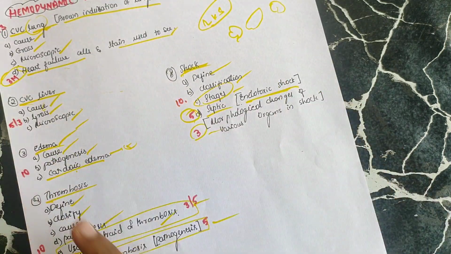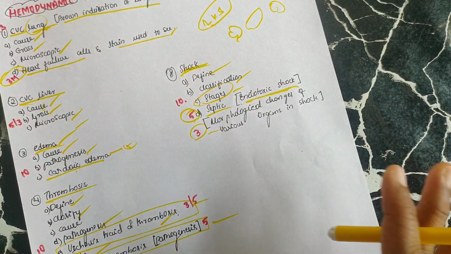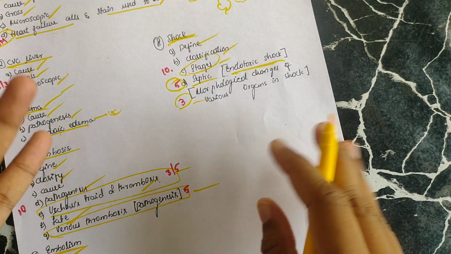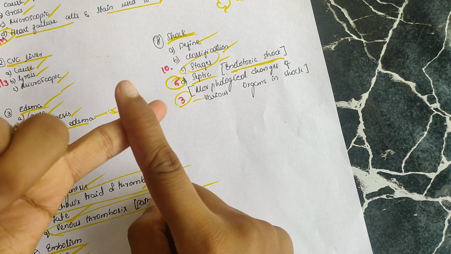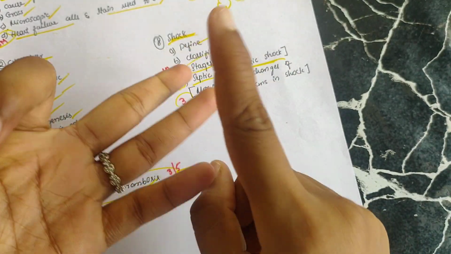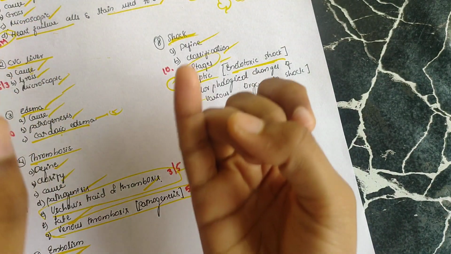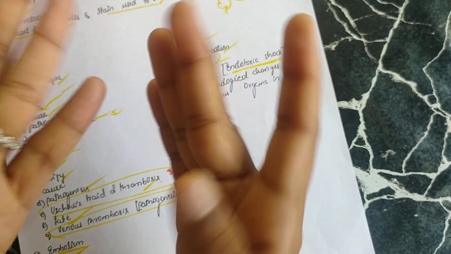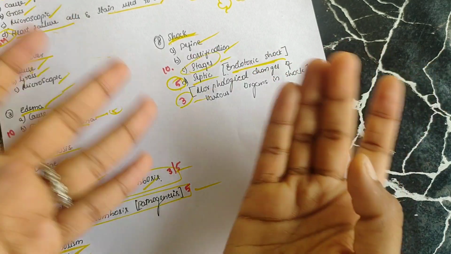These are all the important questions of hemodynamic disorders, thromboembolism and shock. Mainly you need to learn about CVC liver, CVC lung, difference between transudate and exudate, edema, shock, then thrombi and emboli. Infarction is also really important. Only these 8 questions, if you prepare through 8 videos,